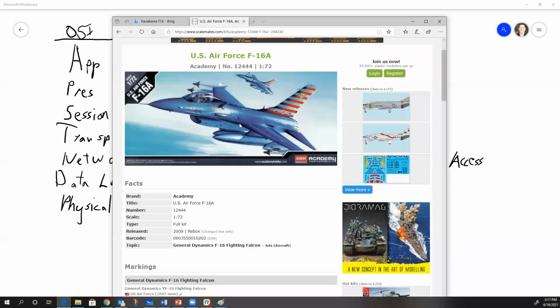But even the best model, if you go get a Hasegawa and you pay several hundreds of dollars for